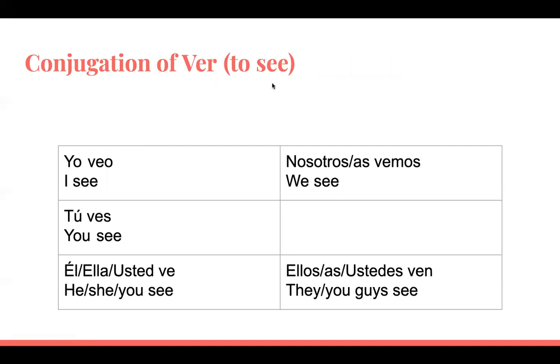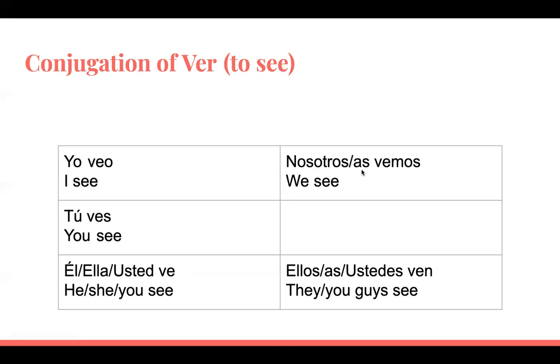And then there is to see. So this one is also irregular in the yo form. The other ones are completely normal, and I think they included this one because if you do what we usually do and you take the ER off, the stem is literally V. That's all that you're left with. So if you went with that, it would be yo vo, and that's really weird. So they don't do that. So it's yo veo with an E, and then tú ves, and then él, ella, usted ve,